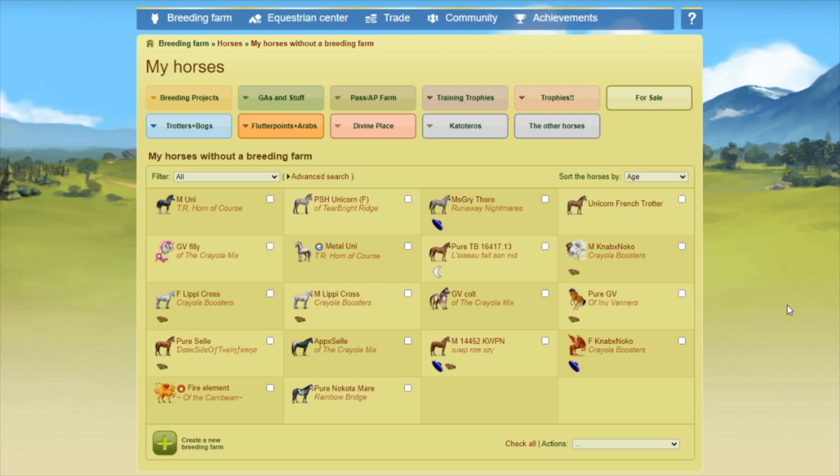Maybe you just got the Pegasus or VIP account and don't know how to make the most of your farm organization, although really most of it just comes down to preference and what you want your farm to look like, what will help you find the different horses in your farm. I think for me, the two factors I take into consideration when organizing my farms is, does my organizational method